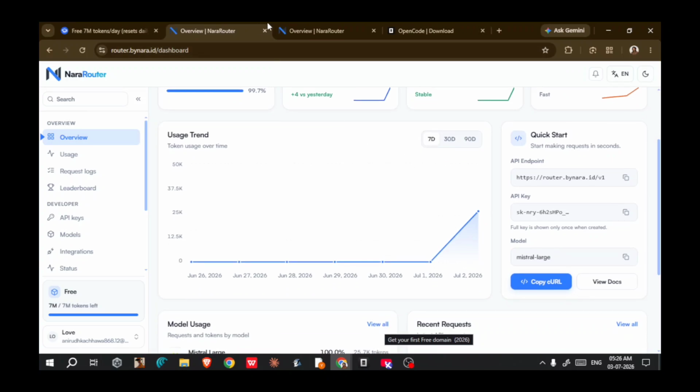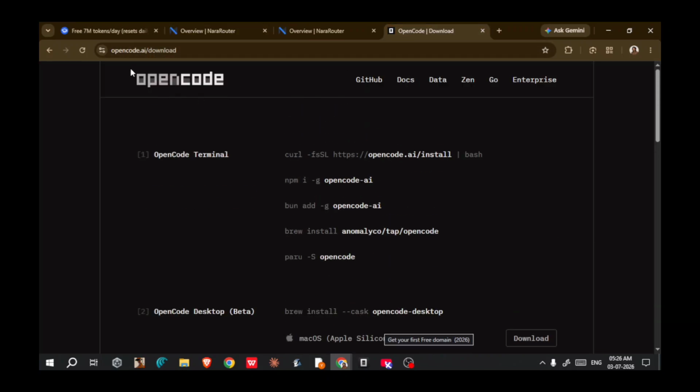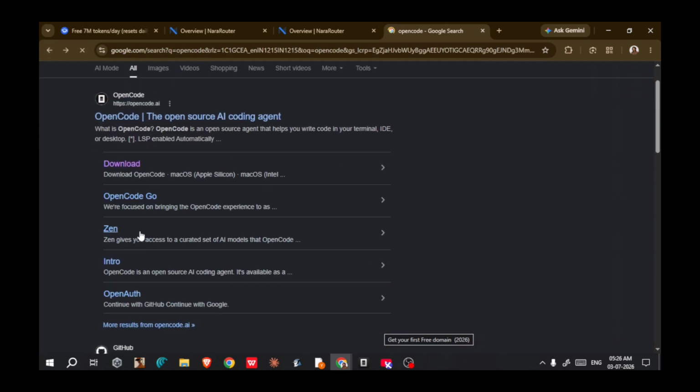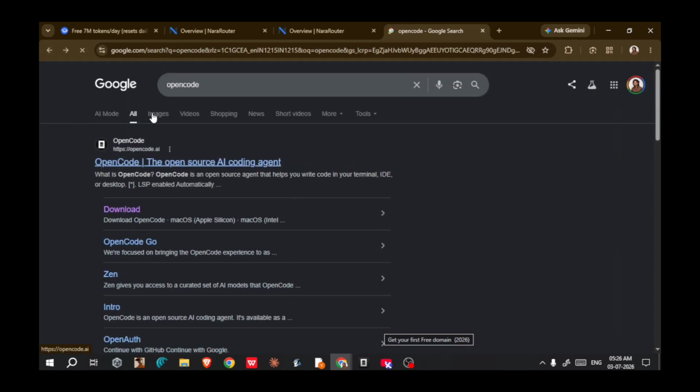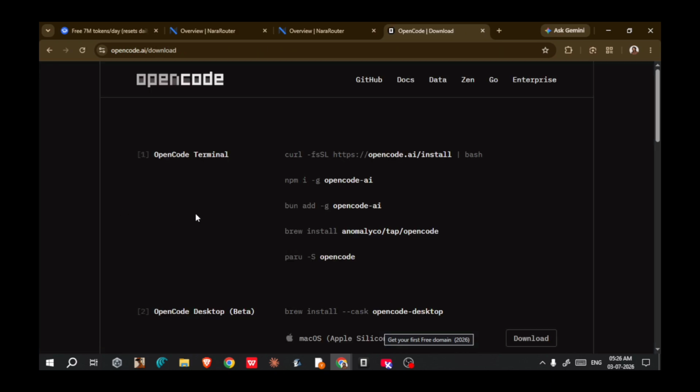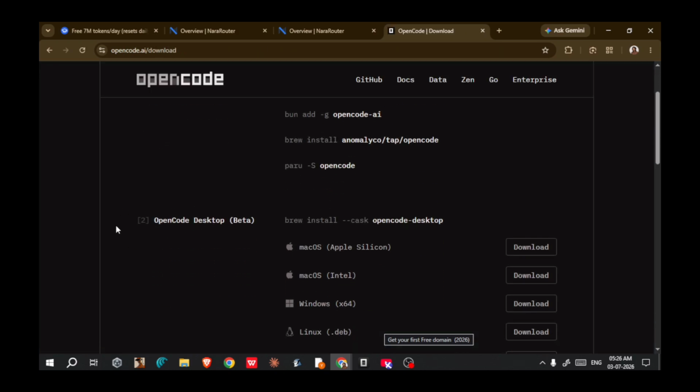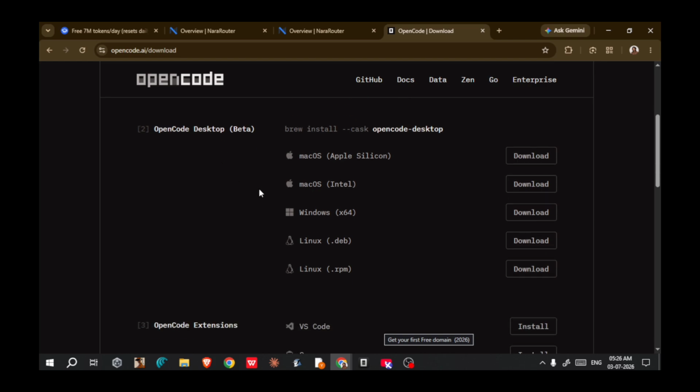Now we need to download Open Code. So go to the Open Code website. This is the Open Code website, and then go to the download option. Let me show you once. This is the download option. When you go over here, you can find this option number 2 for the desktop.